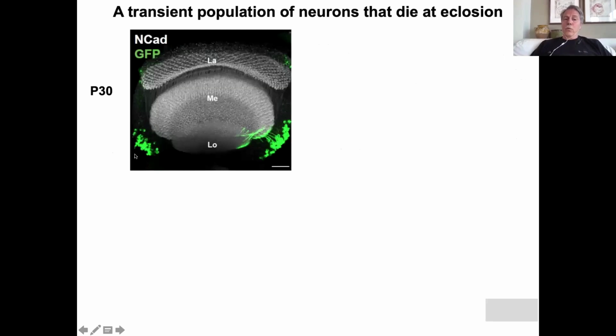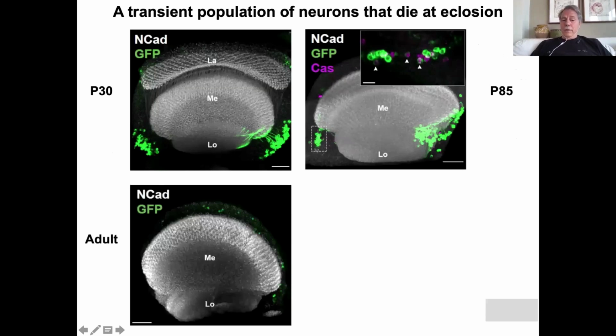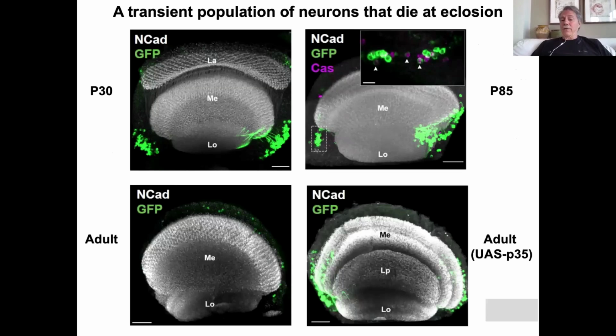So here they are. You can see those neurons, one ventral patch, one dorsal patch, okay? And later on, at 85% pupation, which is just before they close, they start expressing genes which are involved in cell death, in apoptosis. And you can see caspase standing here. And then in the adult, they're gone. We don't see them. If you prevent cell death by P35, which is a molecule that prevents the caspase from acting, you can see those neurons survive, and they're still there. So we're very interested in figuring out what's going on there.